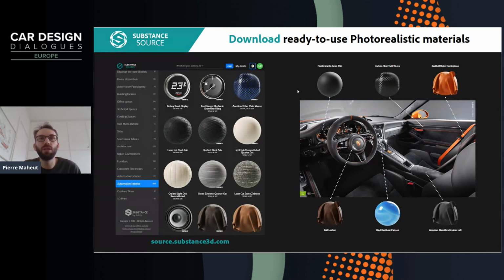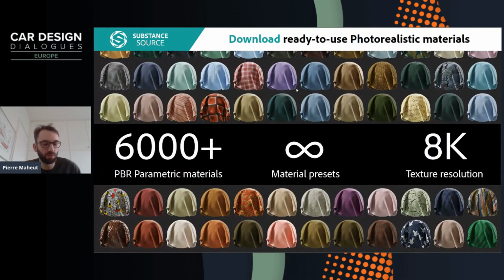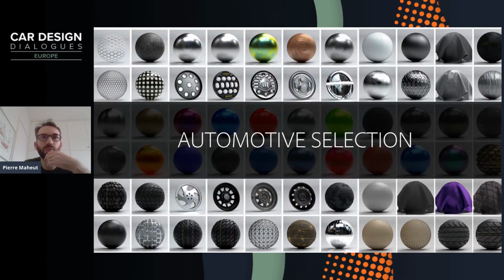And for some really custom materials, you can use Substance Alchemist or Substance Designer, and you can even download those materials and change them using Substance Designer or Alchemist afterwards. So now we have more than 6,000 materials. All of them are parametric, and we made a dedicated